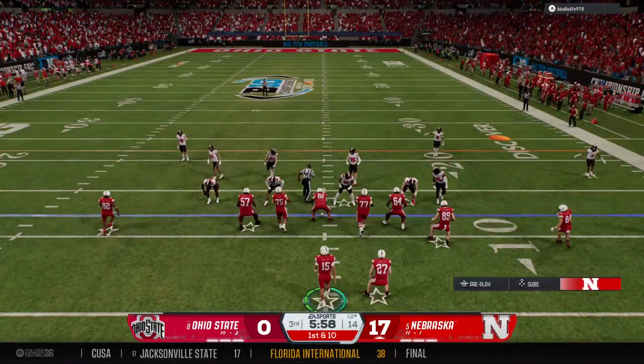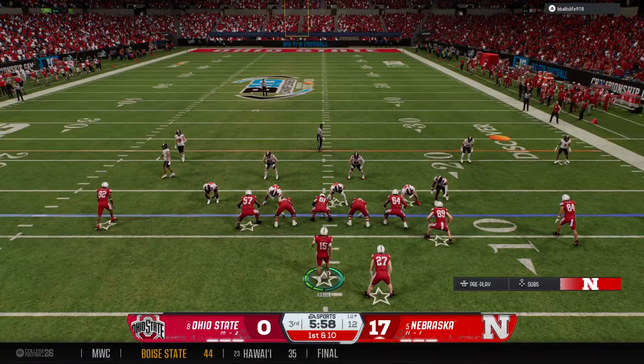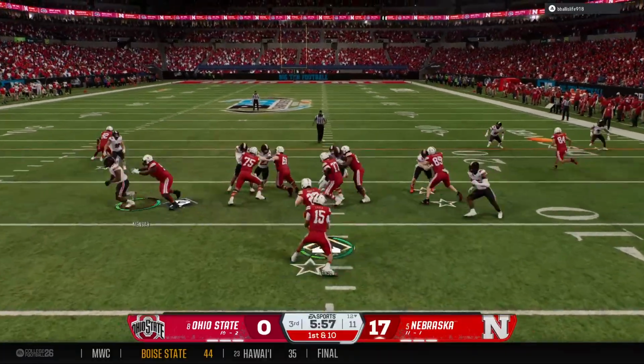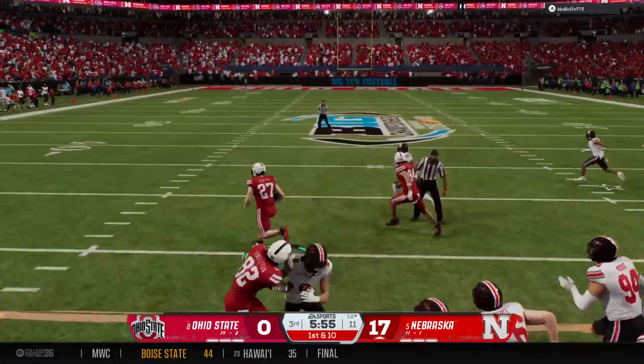Here comes the Nebraska offense back out on the field. Passing game's been on fire. The defense has had no answer for it. Let's see if they found some solutions at halftime.